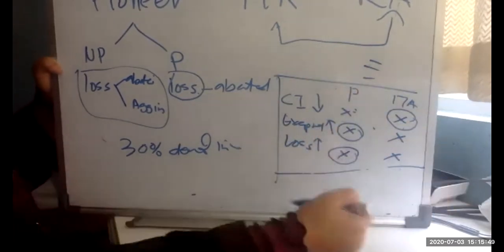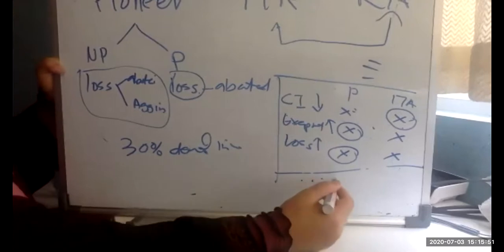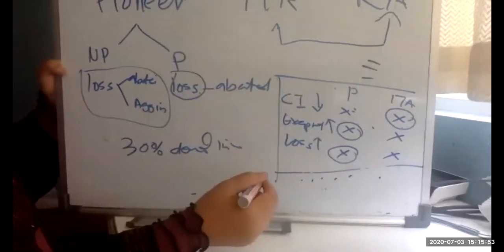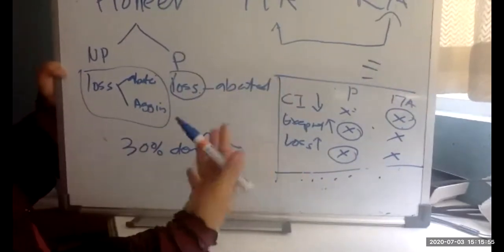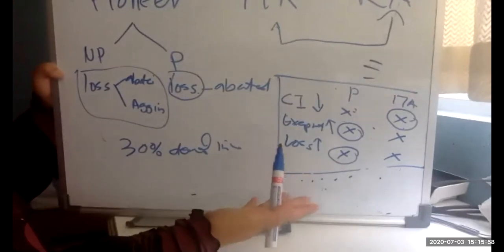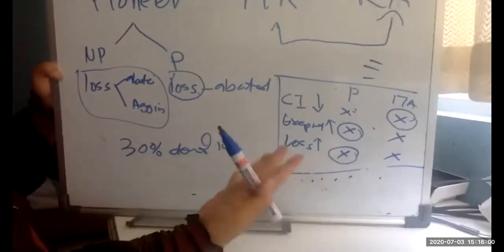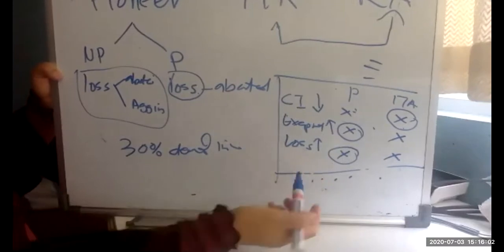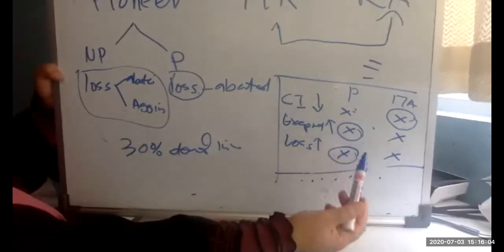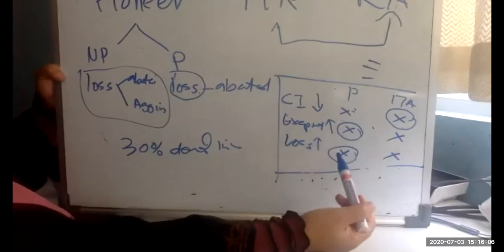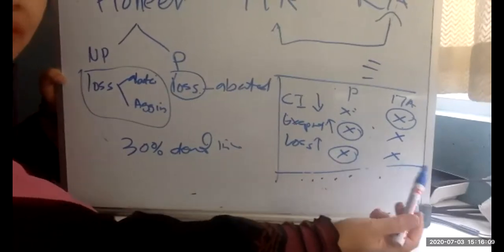So you have to show this table first, then only you justify which one is better, right? Then you give your suggestion, something which is logical, whether you should go. Or I say that, okay, in this case, I would go for pioneer. For example, I would go for pioneer because it gives me higher exempt income and I have losses that can be set off against my future income.